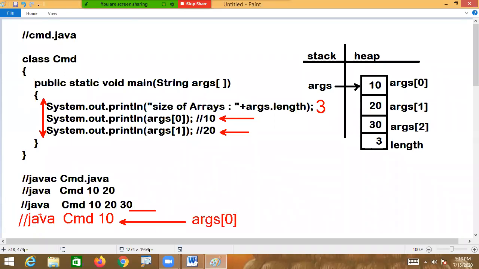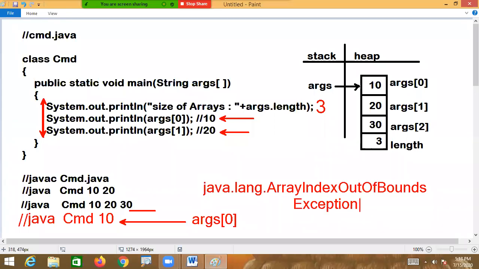But for this program, if you pass only one element, you will get a runtime error, an exception: java.lang.ArrayIndexOutOfBoundsException. It occurs because you have passed only one value, which is at args of 0. If you pass like this, the length is going to be 1.